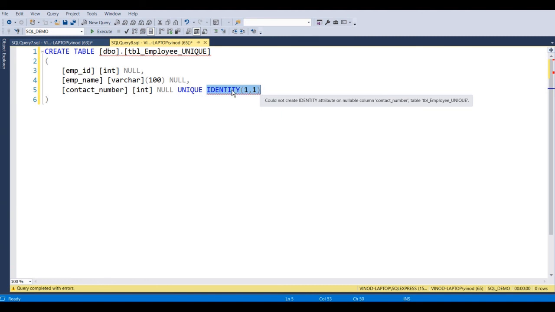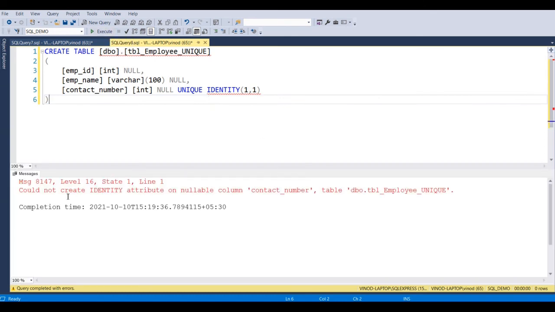So this will not work because this column is a nullable column, right? So if you see over here, the message: could not create identity attribute on nullable column contact number from the table TBL employee unique. So now if you try to execute this script, it will not work.